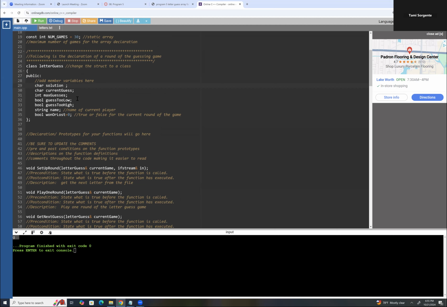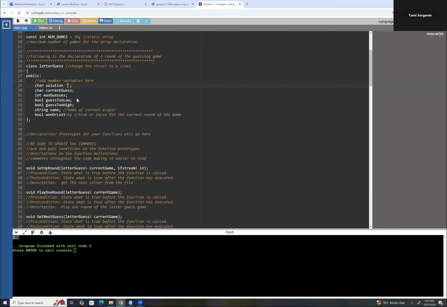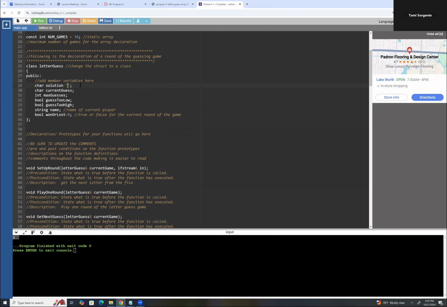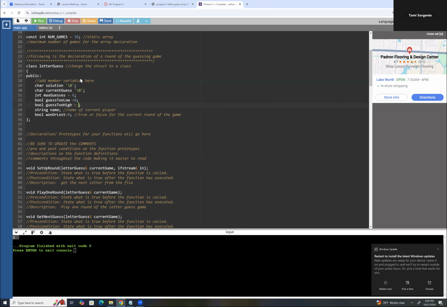You can initialize this to the empty string, I mean to nothing. To the null character, you can initialize this to 6 and initialize these to false or 0. Some compilers don't care, but at any rate,